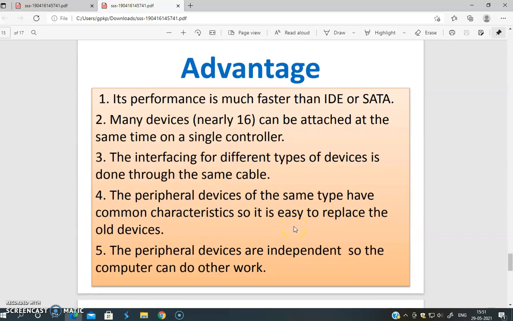Now, what are the different advantages of SCSI? It is faster, so its performance is much faster than IDE or SATA. It can connect up to 16 devices at a time with the help of a single controller. Interfacing for different types of devices is done through the same cable.